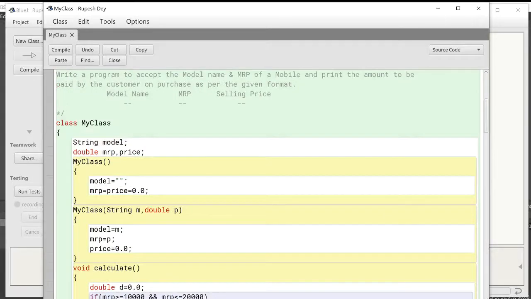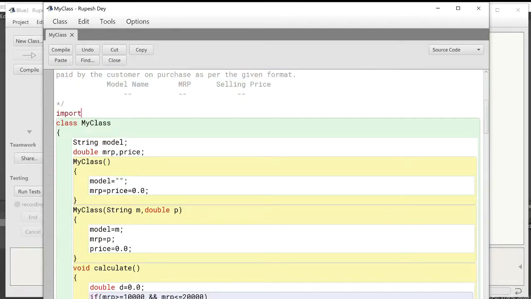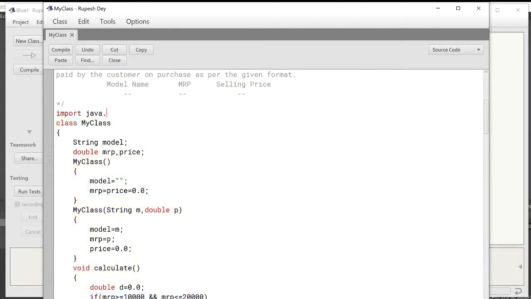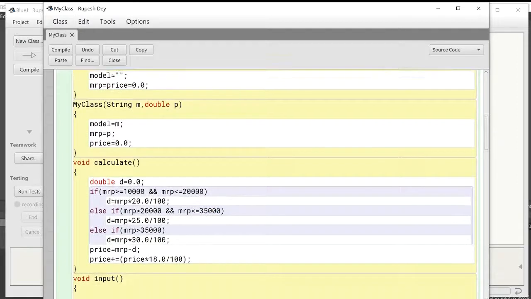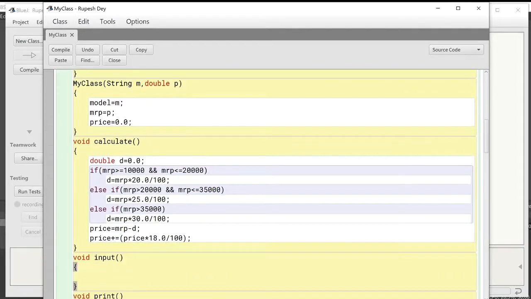For runtime input, what to include here? Import java.util.Scanner. Now create one object of the Scanner class here in the input function. Scanner sc equal to new Scanner(System.in).